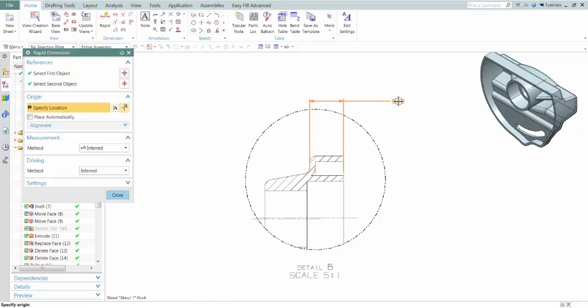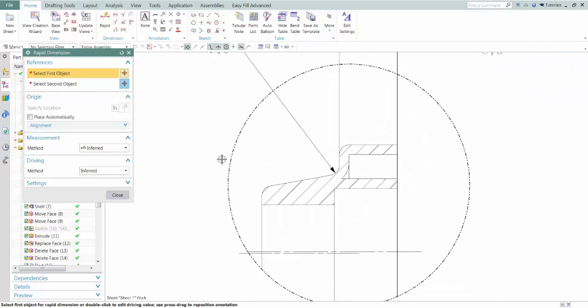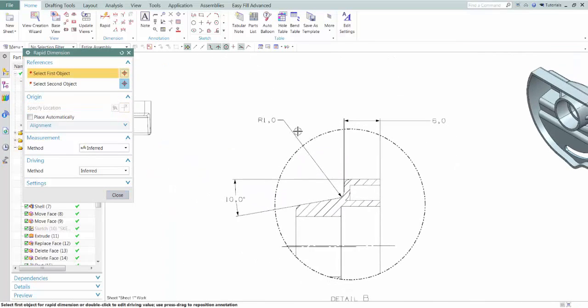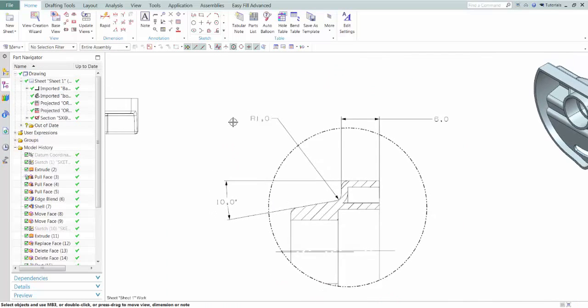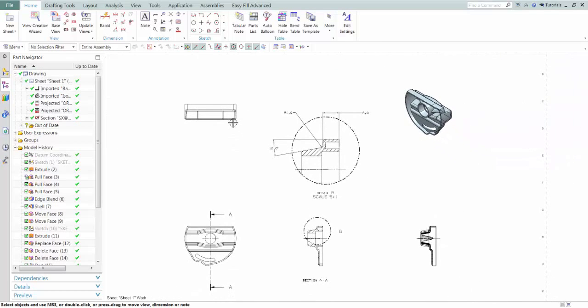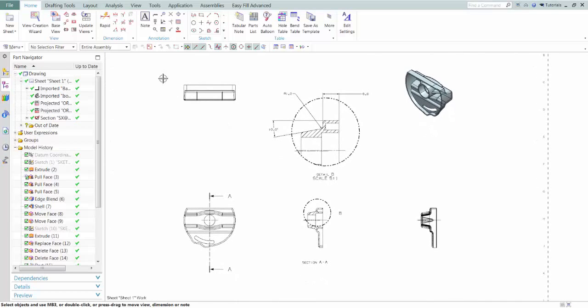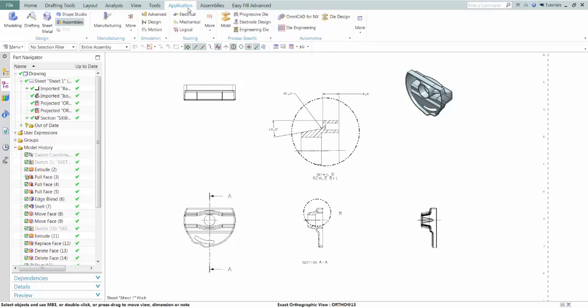So we just want to come out and, you'll notice that with the dimensioning command, regardless of whether I've selected a line, an arc, or a couple of lines at an angle to one another, it places all three dimensioning styles all in one command. So it doesn't require that you go out and create a lot of different dimensioning setups or have to click a lot of different commands to get into those. So that just very quickly gives you an idea of going out and creating a detail sheet from the NX